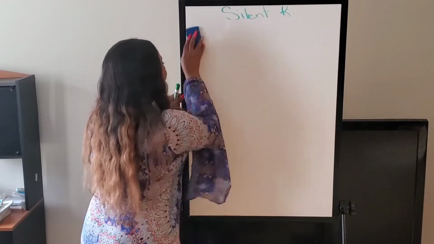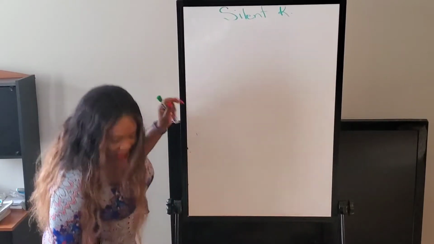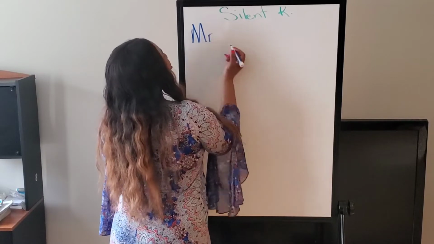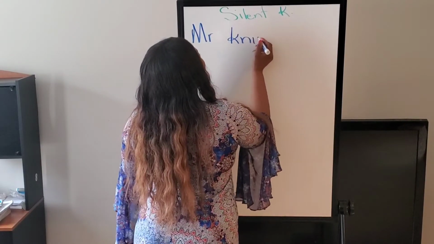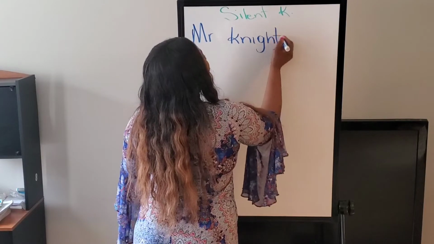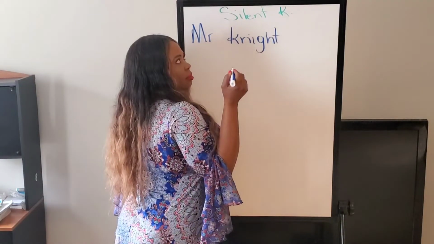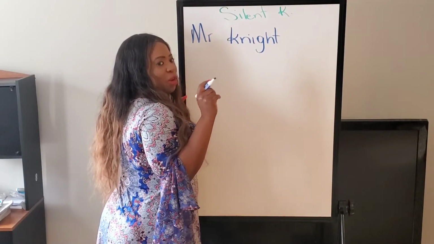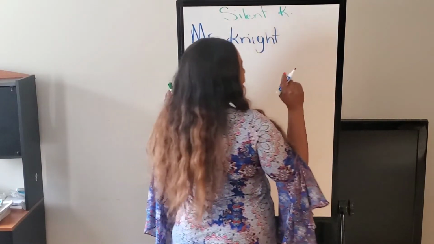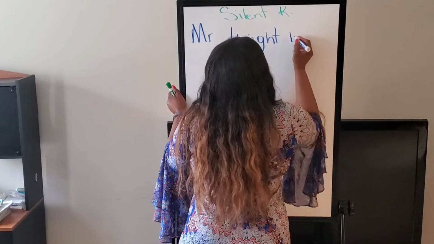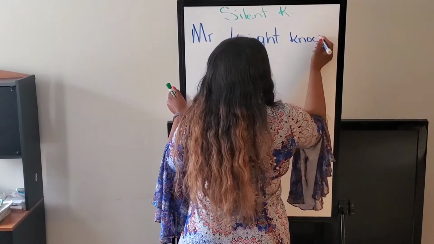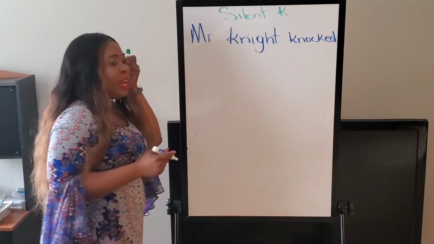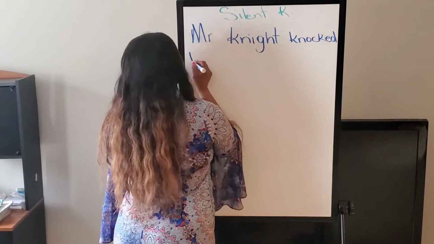And since Mr. Knight was such a great teacher, I'll be using his name today. So, Mr. Knight, what could Mr. Knight do? Carrie, I can hear you in your room telling me knock. But I'll use knock. Knocked. The past tense, right? So Mr. Knight knocked the door